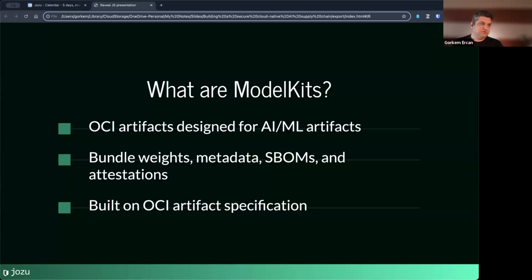It is a collaboration with us, Red Hat, Alibaba, and Docker is about to join or has some inspirations to join. Yeah, the model kits are turning into a more open collaboration specification at this point.